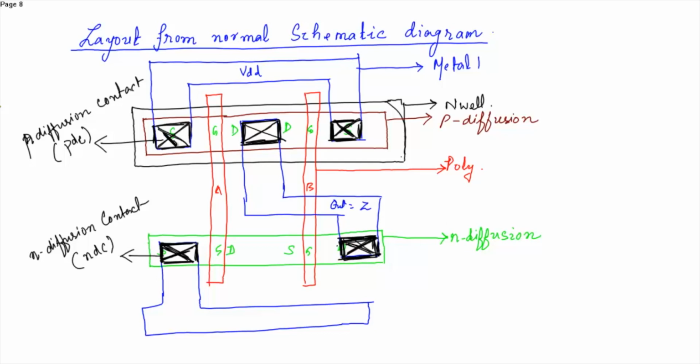Okay, then after placing the N diffusion contacts, we need to place the substrate contacts in the sources, that is VDD and ground. You can place as many as you can. So this is the N substrate